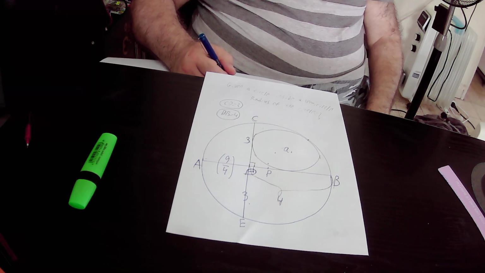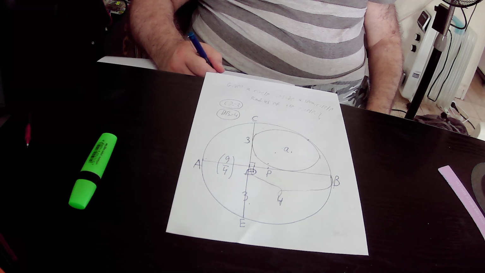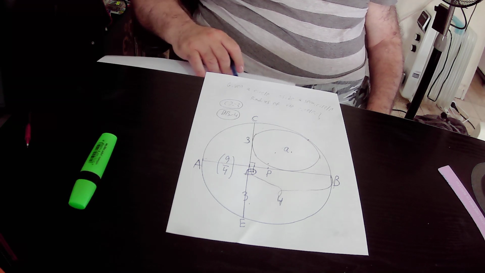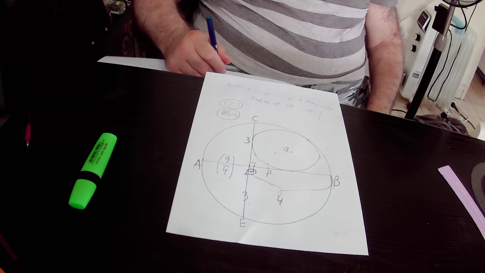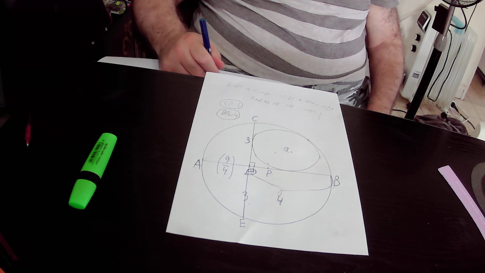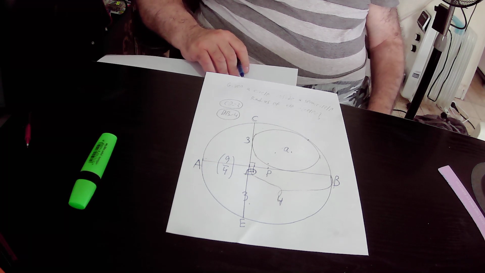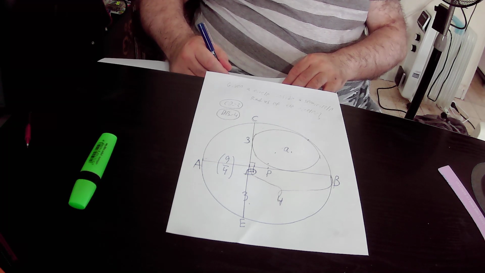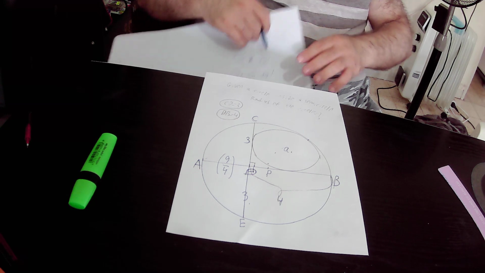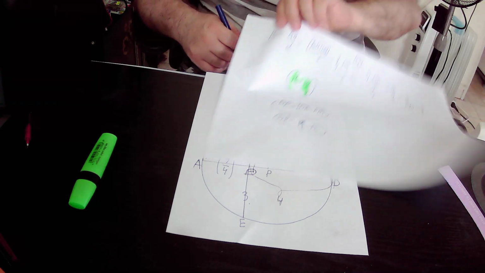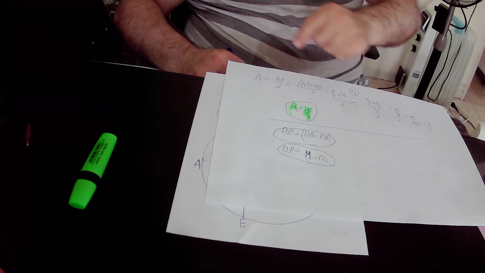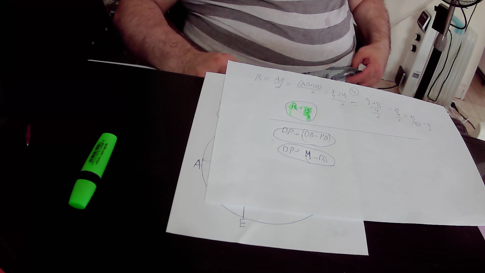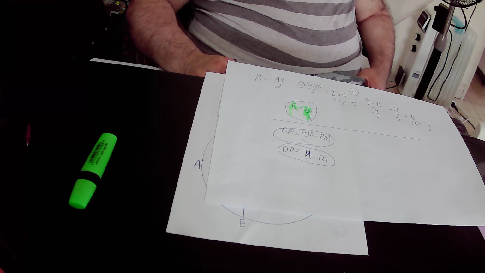That is to say, PB is the radius of the big circle that is equal to capital R. Okay, so actually in conclusion we found out that DP equals to 4 minus capital R, that is R is the radius of the big circle,